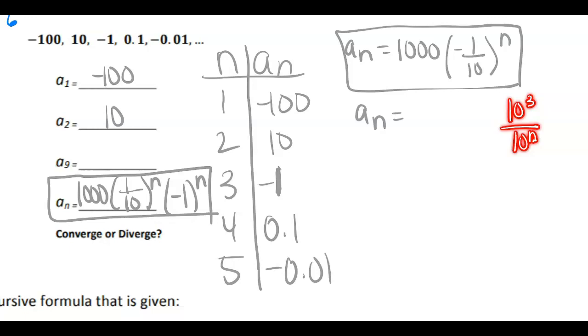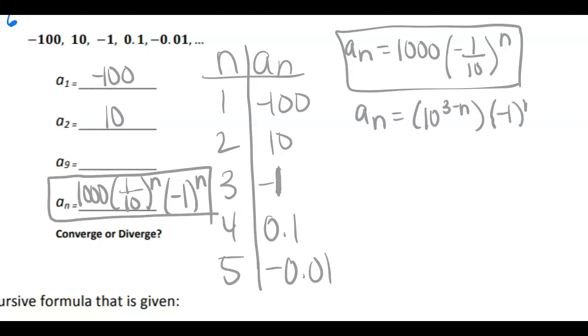If I have my answer looking like this, what can I do with the exponents? I have 3 and n. Well, if you think back to Algebra 1, when you have the same base, you can just take those exponents and subtract them. So here's your last way that you could write it. You could rewrite it as 10 to the third power minus n